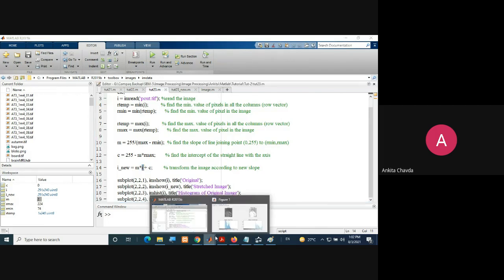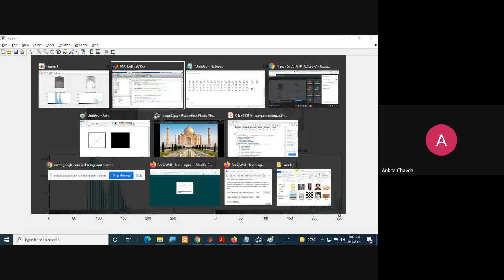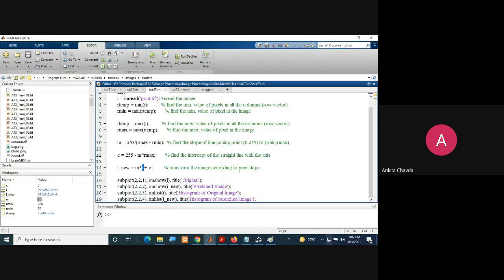And if your range goes up, that will again be multiplied, but it will be over here only at the last, due to our range. Fine. So this is what we are doing: I new equals m into I plus c. This is how we get the new values because our slope value is 2.